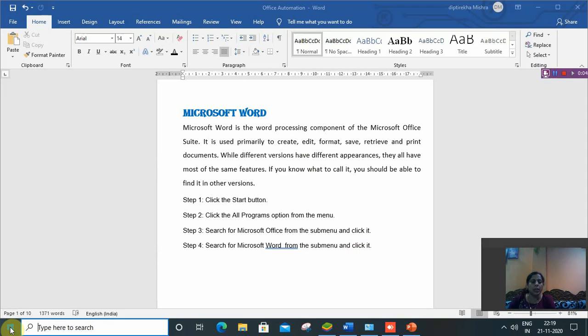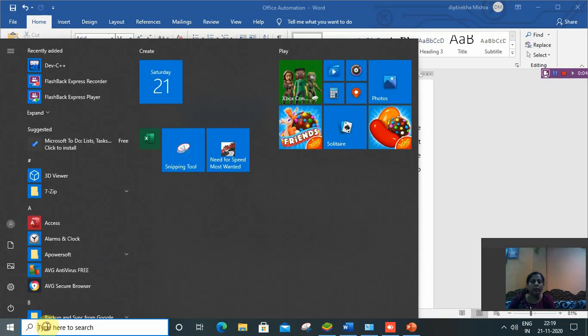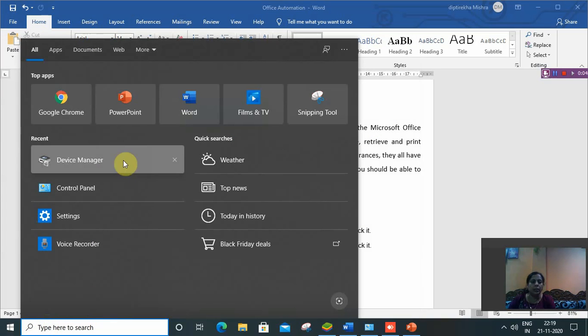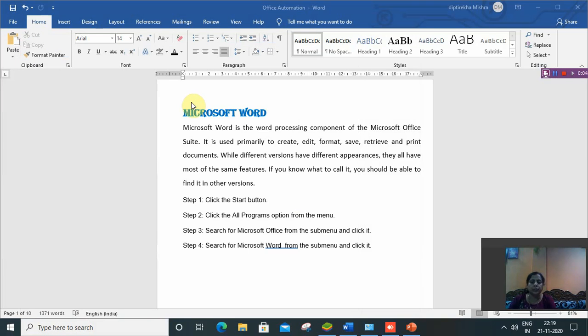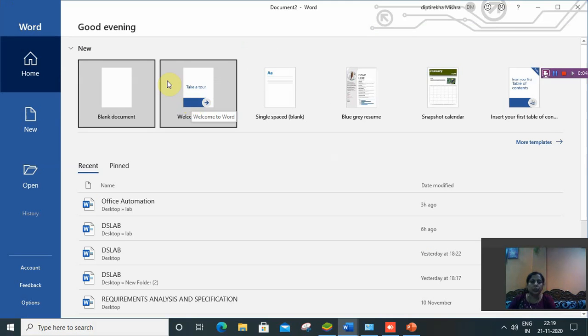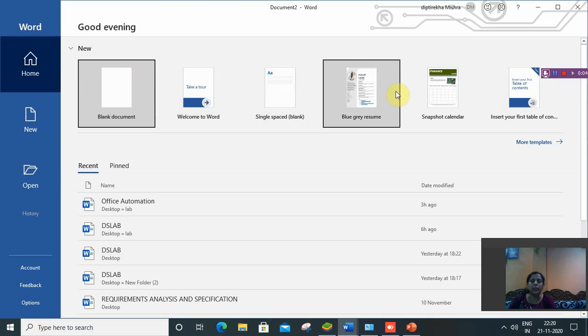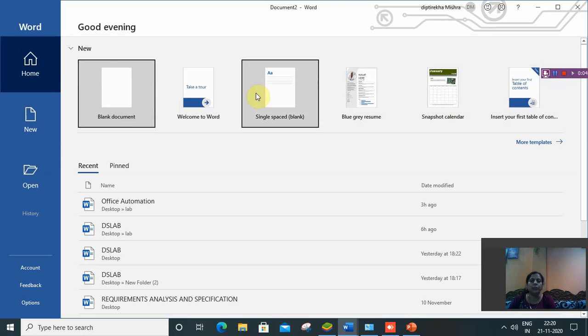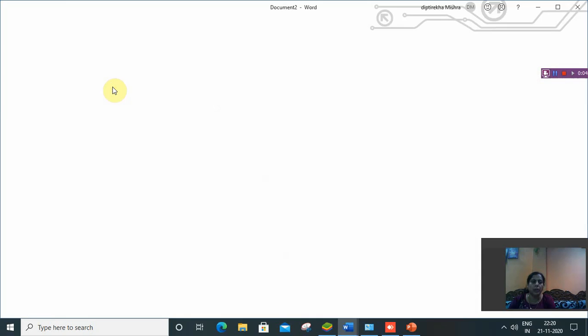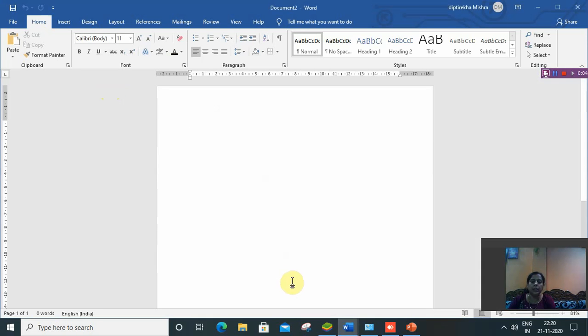Click on start, and there is the Word option. This is the Word icon. Click on Word, then click on blank document to create a new document, or you can click any template to create any type of document. Now I am clicking on new and blank document, and it will create a blank document for us.